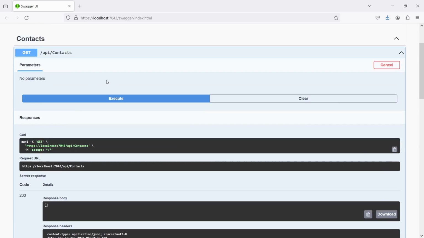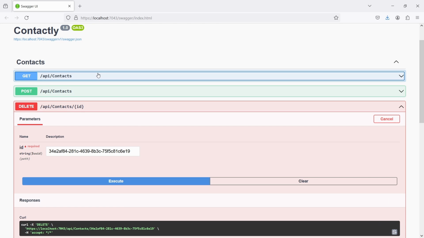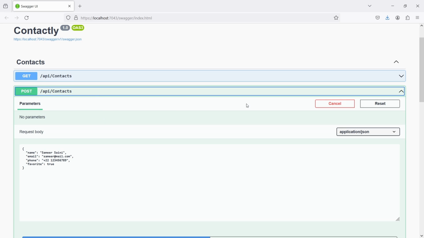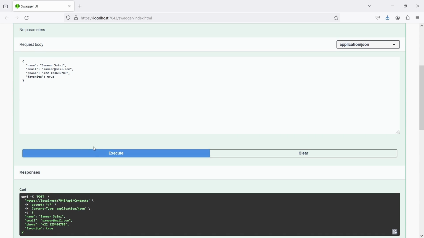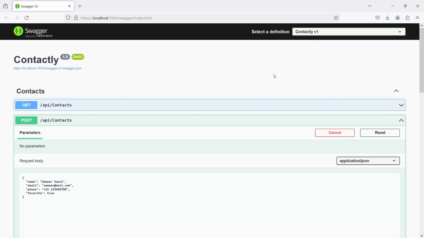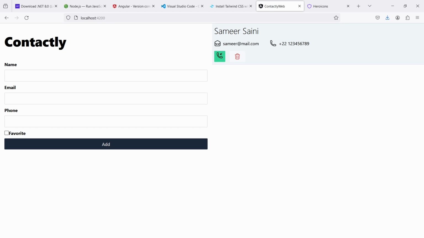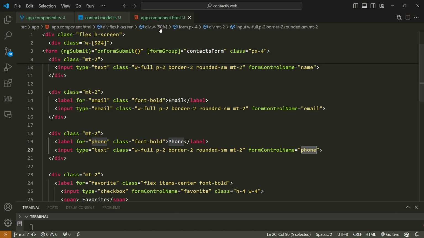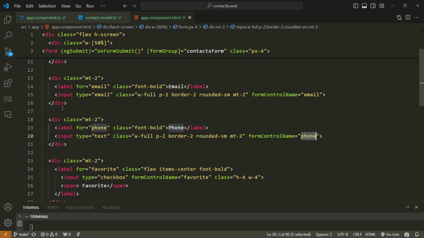So now it's time to make changes to our Angular application so that it can work correctly with the web API and it can delete the items. But for that, I'll just quickly add this entry again and go back to the application to check it. On the Angular side of things, the last thing that is left is to implement this delete button, so that whenever the user clicks on this delete button, that particular contact gets deleted. And for that, we'll come to Visual Studio Code and the HTML page. We have this button over here